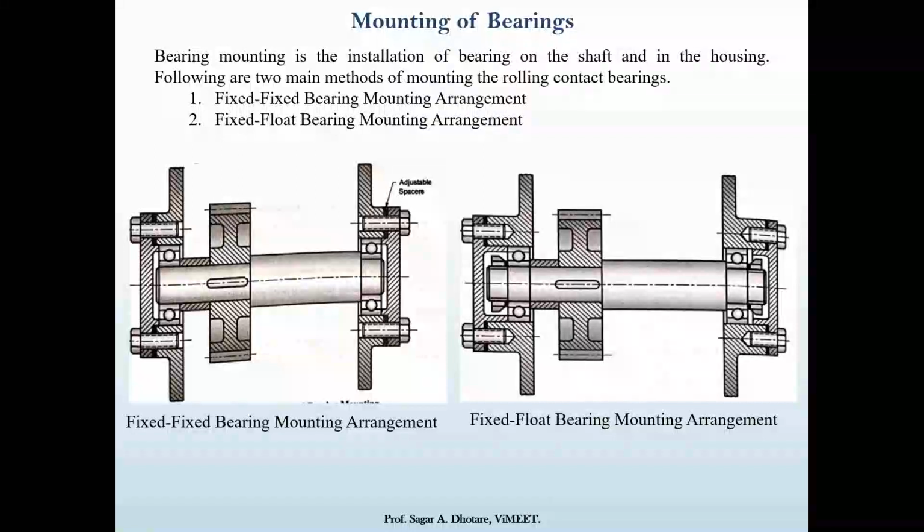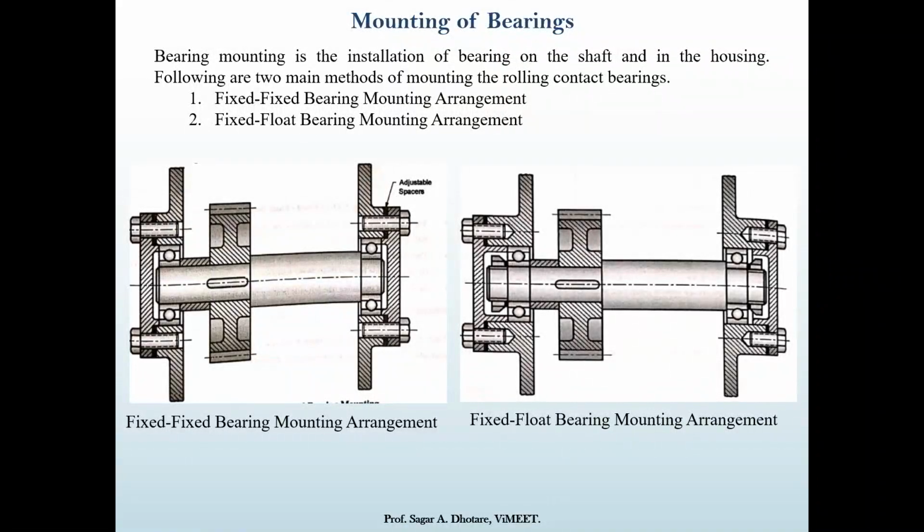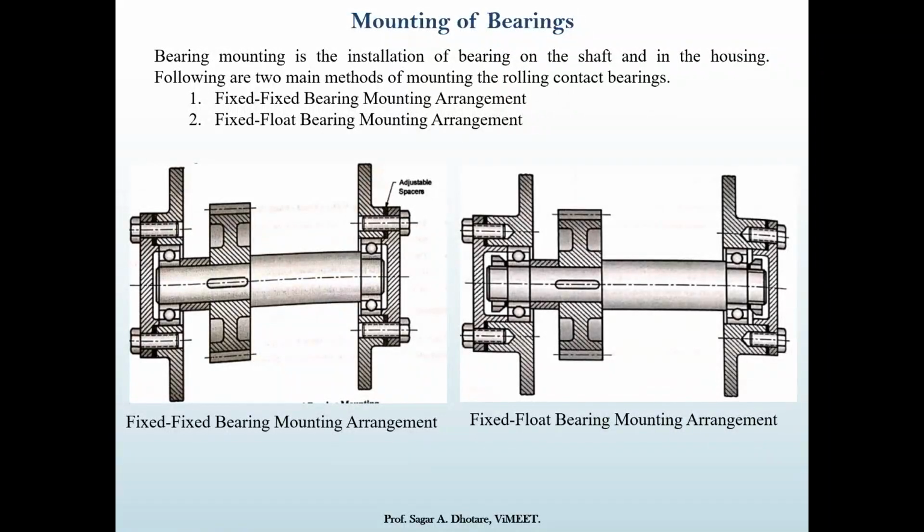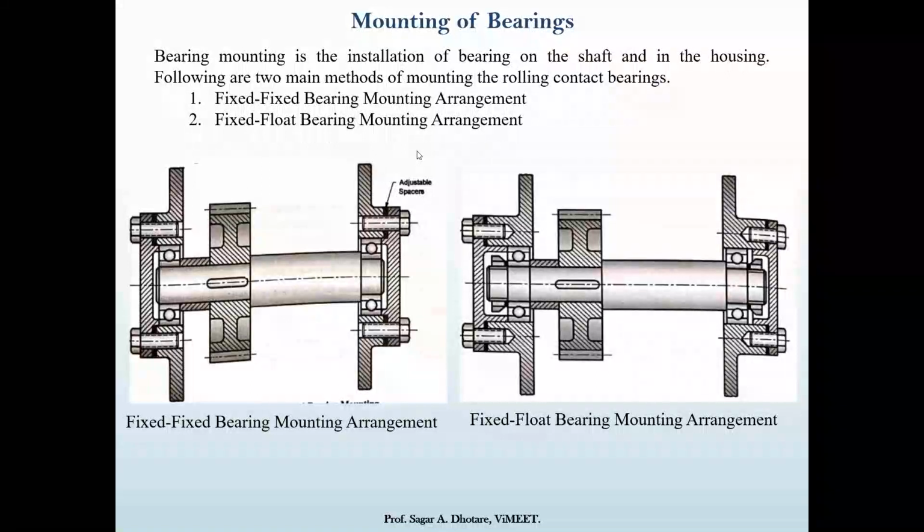The inner races of the bearings are backed up by cover plates, which are bolted to the housing. The adjustable spacer is used to permit the axial free play of the shaft to be adjusted to the desired amount. You can see the adjustable spacer shown over here. With the help of this spacer, you can adjust the